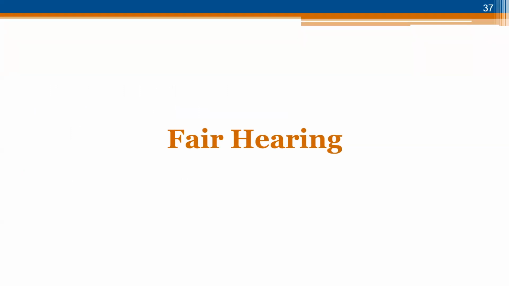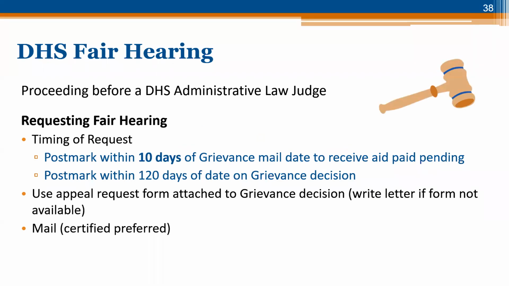All right, fair hearings. So this is requested simultaneously if somebody needs aid paid pending. But you can delay a fair hearing if you explain to the judge that you're waiting on an external review decision. So if the 60 days, you haven't gotten it. If you have questions about how to do a document like that, I can explain it. But that's one reason an ALJ will agree, because they don't want to waste their time if it's